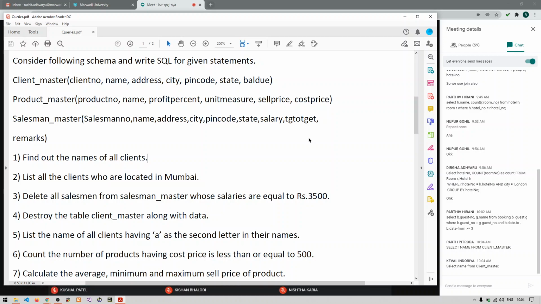Yes. Second one, list all the clients who are located in Mumbai.